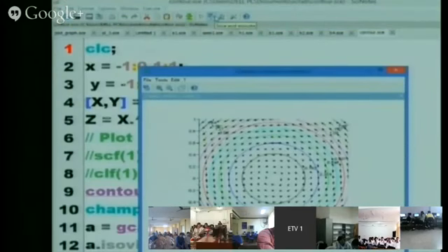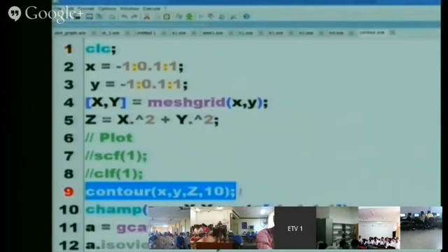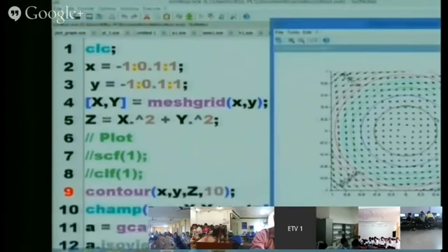See, this is the contour graph using the command contour. Contour x comma y comma z comma 10. 10 means how many curves you want in the graph. This is the graph you will be getting.